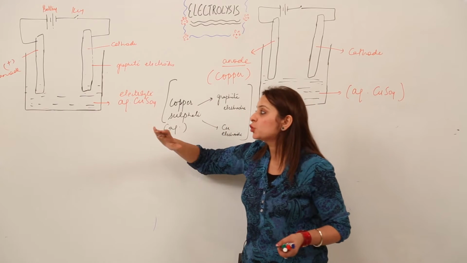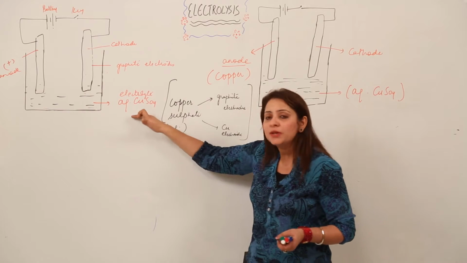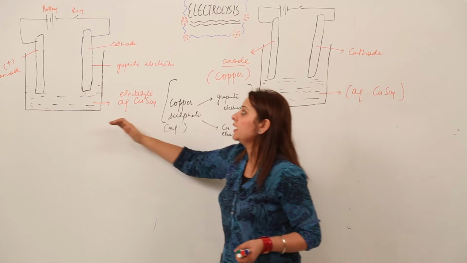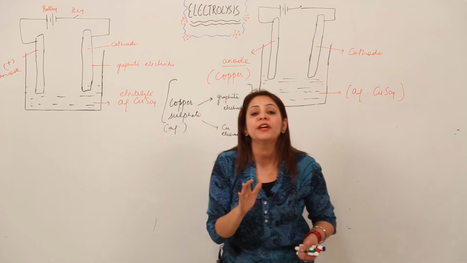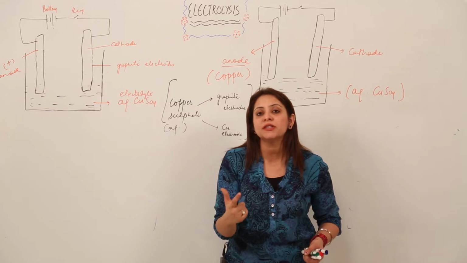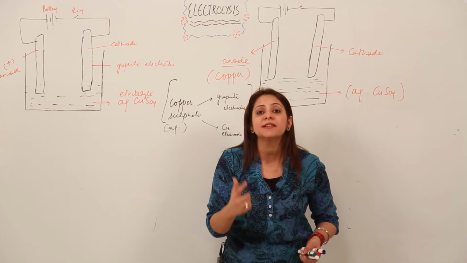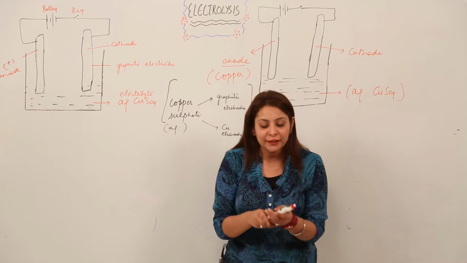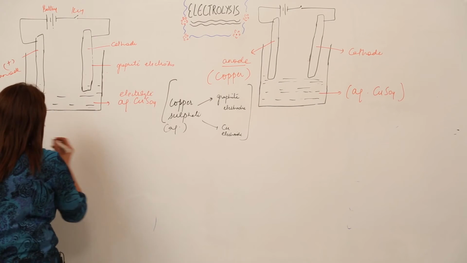First I am doing an electrolysis of aqueous CuSO4 and I am taking electrodes which are made up of graphite. I am repeating, I am taking simple electrodes, and the two electrodes are made up of the same material, that is graphite, which is an allotrope of carbon. So just look at the board and see what happens.